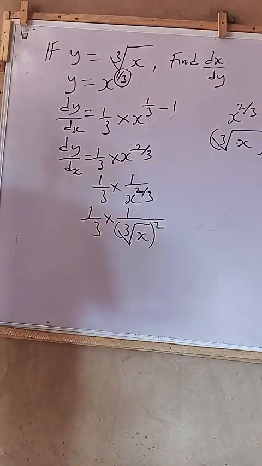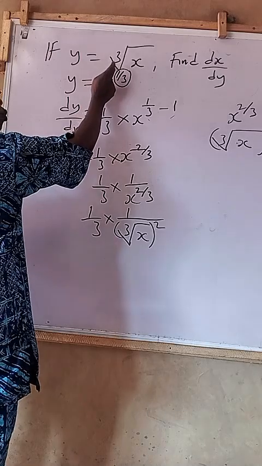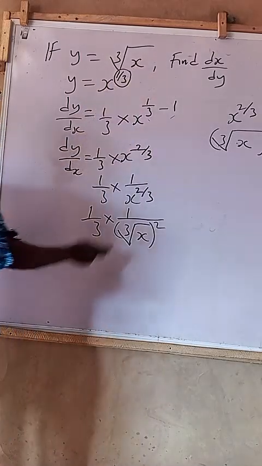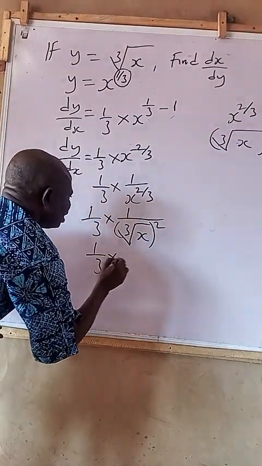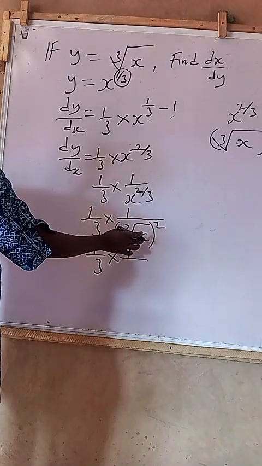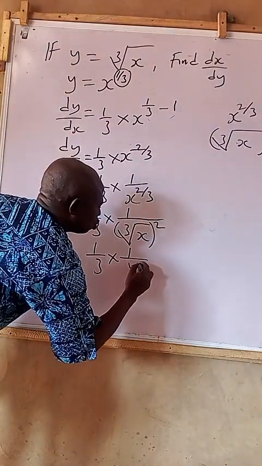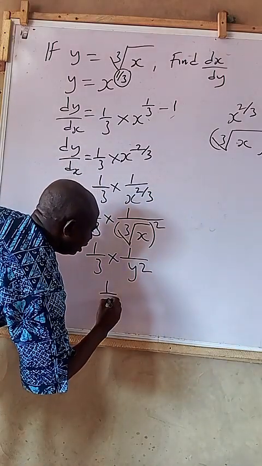Now you can see that our y is the cube root of x. Now we have it to be 1/3 times 1 over. Instead of this, we write y, which is y squared, which means our answer is 1/3